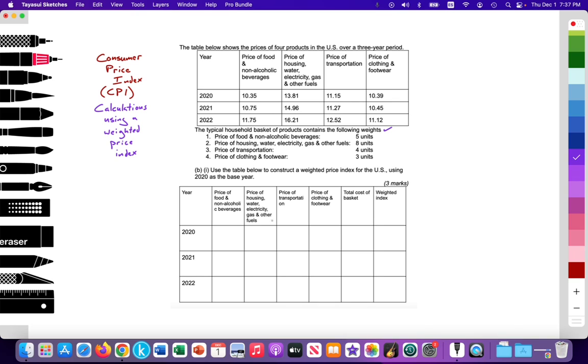So how do we calculate this? On a test, you may not have a matrix to organize your workings, but essentially you want to be organizing your thoughts on the exam and doing the following. We're going to take our prices in 2020 and multiply them by the weights. So price of food and non-alcoholic beverages, we're going to multiply by the weight of 5 units. So $10.35 multiplied by 5 works out to